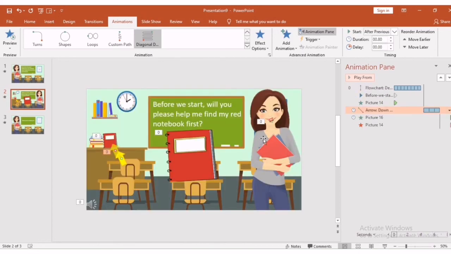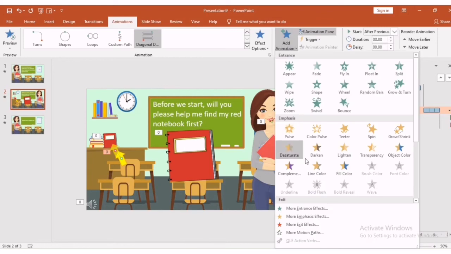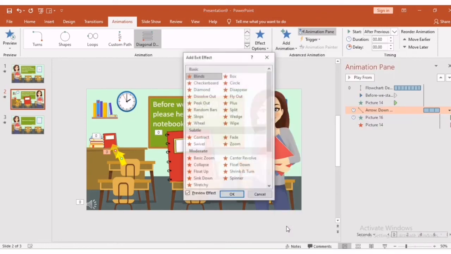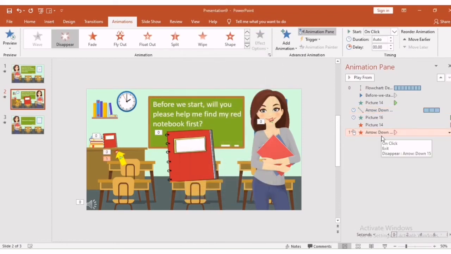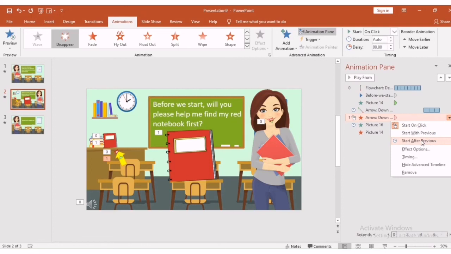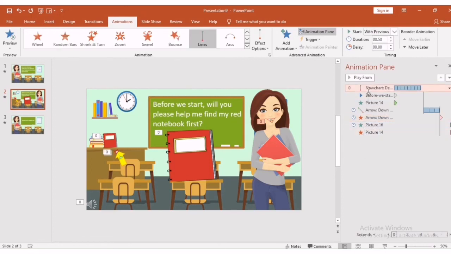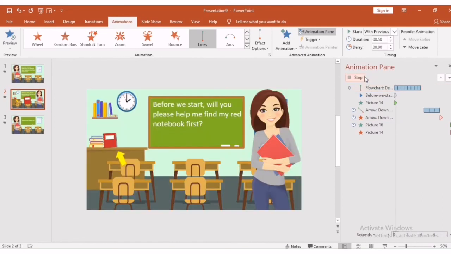Now if you notice, the arrow did not disappear. So let's add another animation and then click exit, then click disappear. If you're done, click OK. So let's move the animation of the arrow again, and then click start after previews. And then let's preview. So after the dialogue,